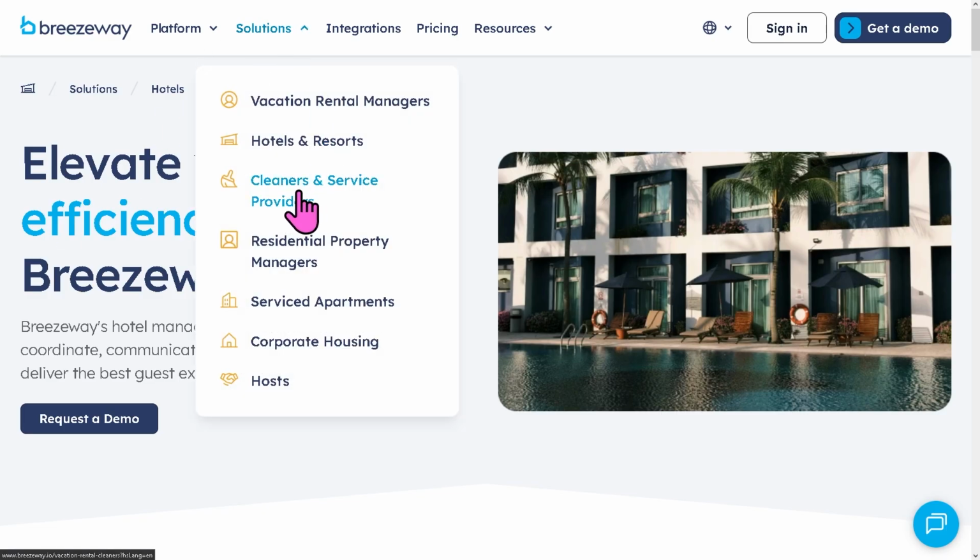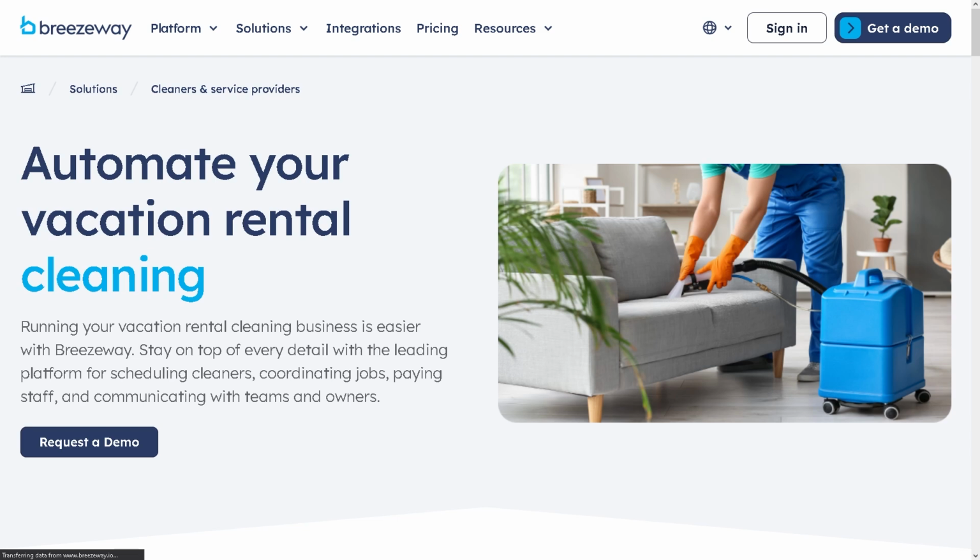And then let's not forget the cleaners and service providers. Cleaning companies and property service providers can use Breezeway to organize daily jobs, assign tasks to team members, and track progress from a mobile device. Managers can verify completed work with photos and digital checklists, making it easier to maintain quality standards and communicate with